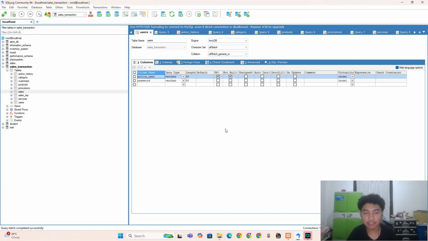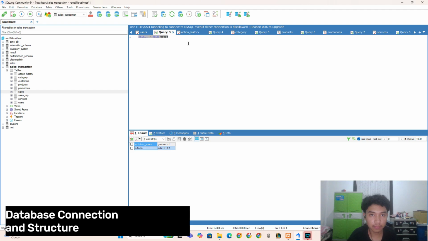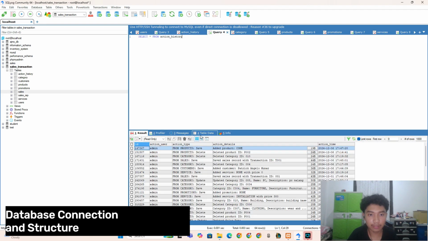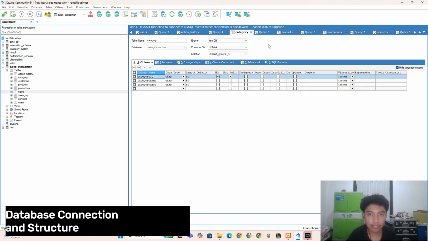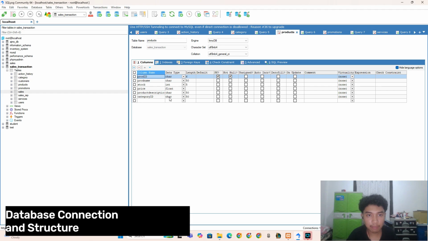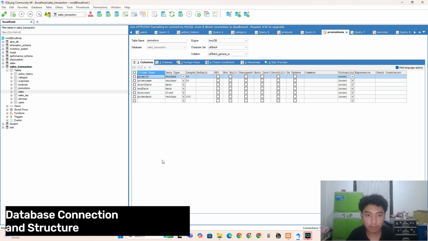So here is our database connection and database structure. So first, here is the users table and its contents. The action history table, its contents. The category table and its contents. The products table and the contents of the products table.